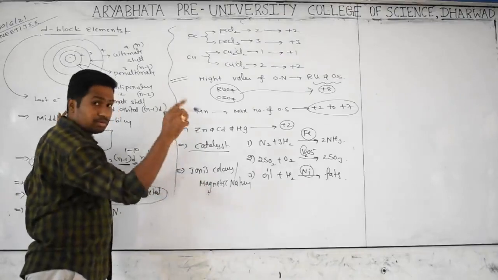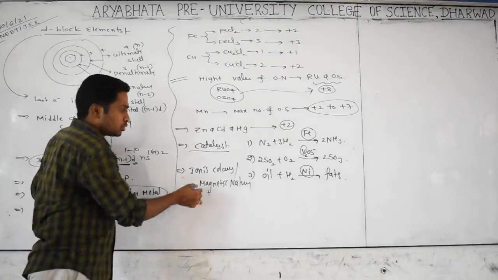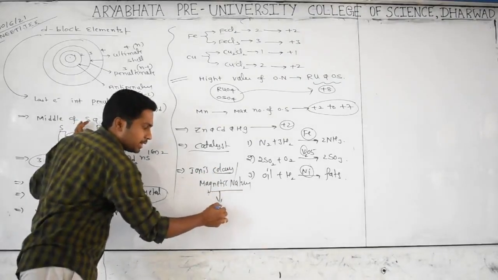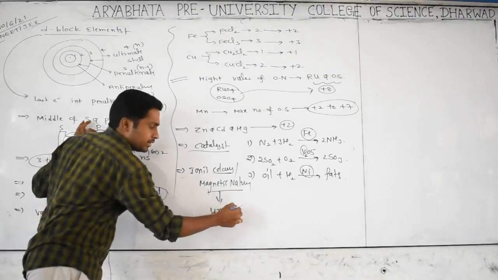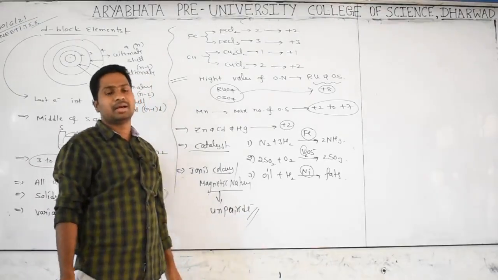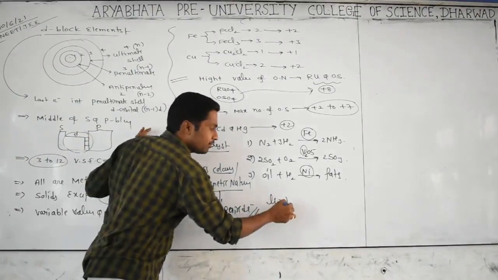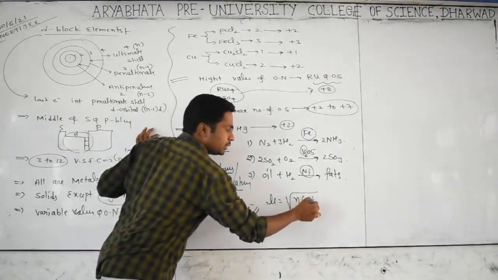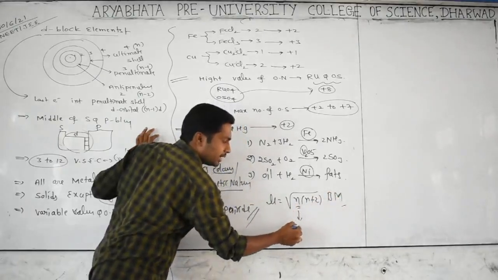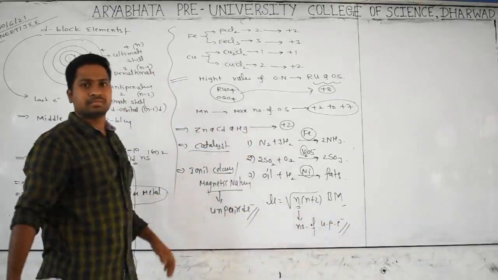Actually, this magnetic nature will be discussed in second PU, d and f block elements. These colors are also because of magnetic nature, because of unpaired electrons. Yes, when a species contains unpaired electrons, it has magnetic character as well as colors. To find the magnetic moment, you have a formula: square root of n into (n plus 2) BM, Bohr magnetons. Sir, what is the meaning of n? It is nothing but the number of unpaired electrons.